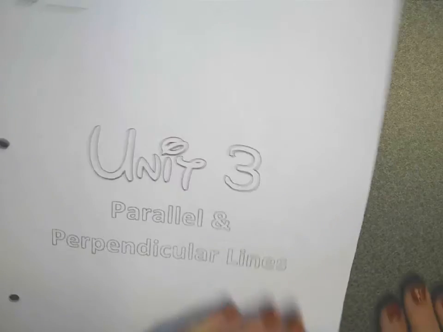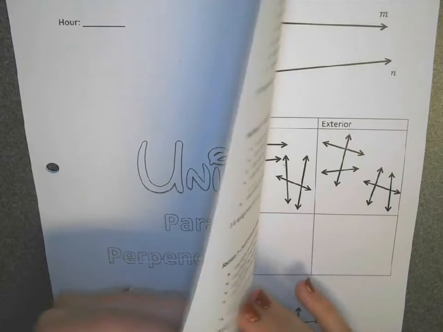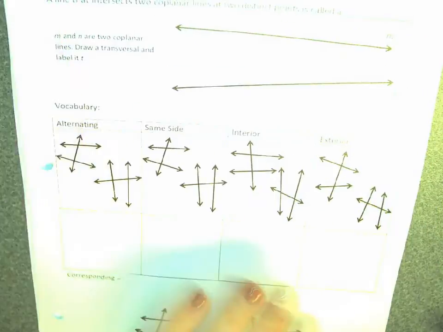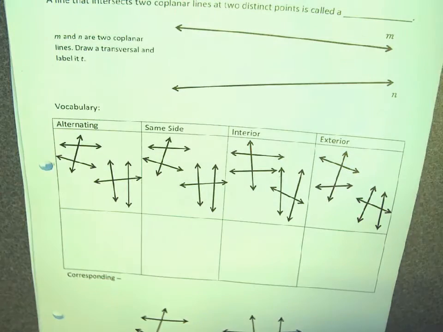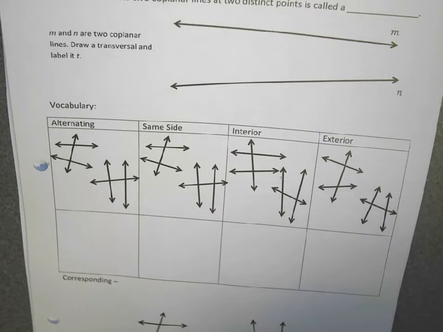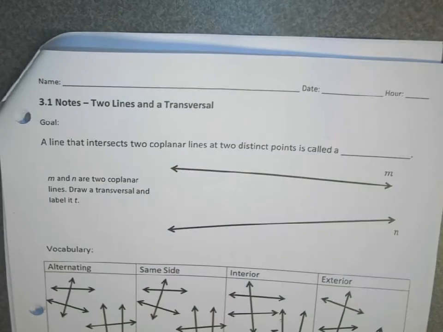So Unit 3 is going to be parallel and perpendicular lines. And today we are going to start on 3.1 notes, which says it's called two lines and a transversal. Our goal today is going to be to determine angle relationships